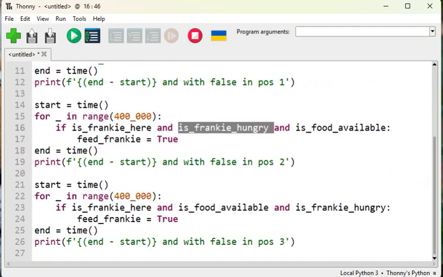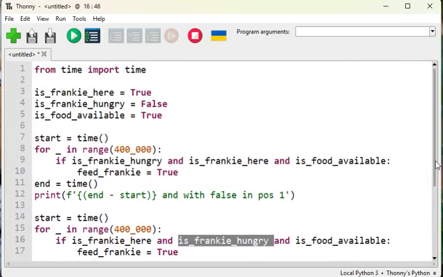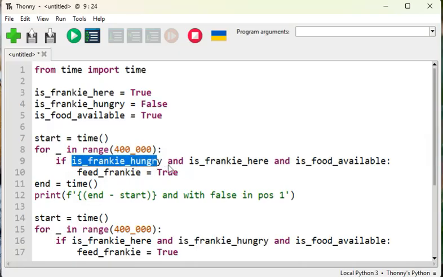And so, as I said before, you ought to put the least likely to be true in the first position. Then it will bomb out quicker. But I don't like that is and. I don't mind a is and, but having it like that is a bit shonky. So I would tend to rewrite that as something like